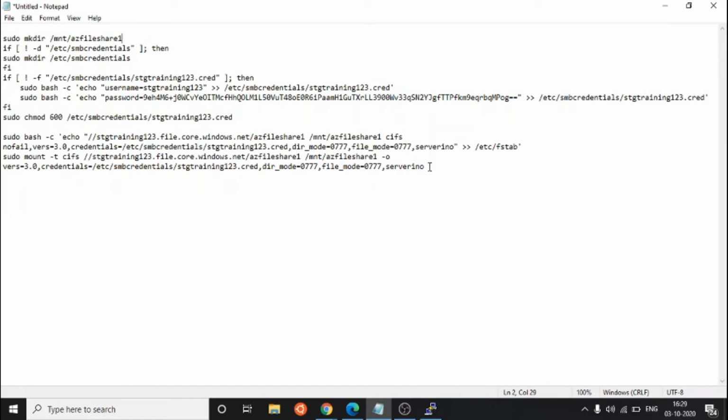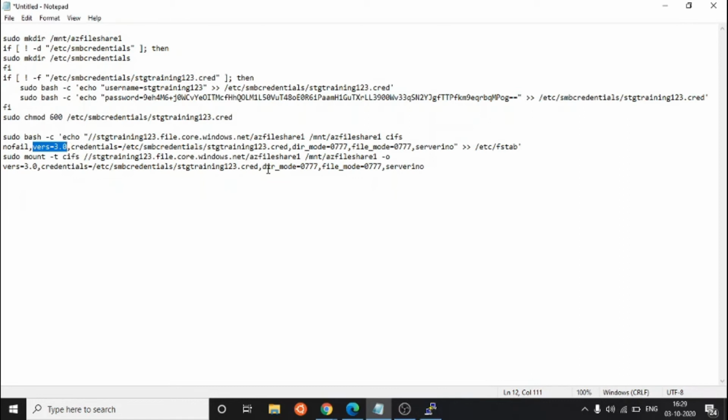Not too much explanation here, but basically first they create a directory, then they maintain the credentials in a file, which is this one. You can see in that file they have written all the credentials using this script. Later they are mounting the drive using SMB version 3.